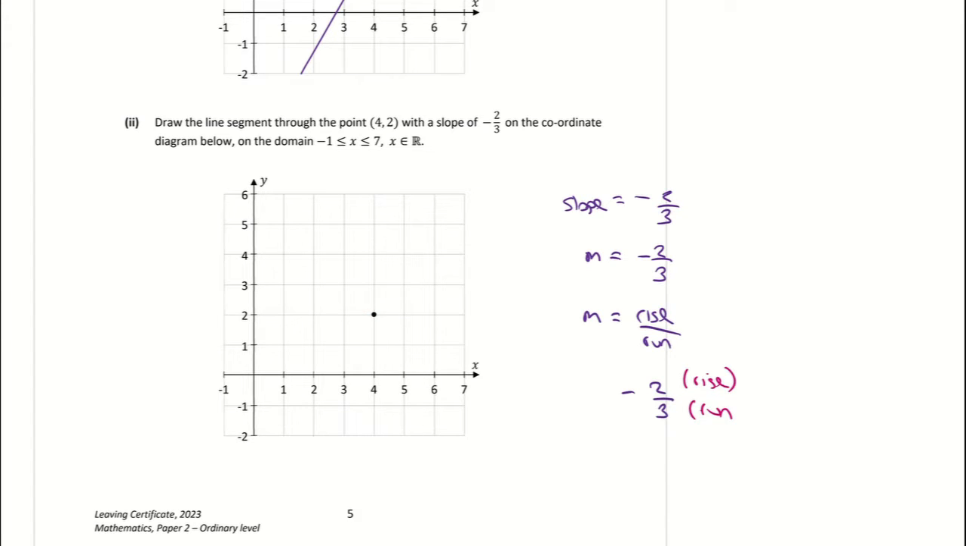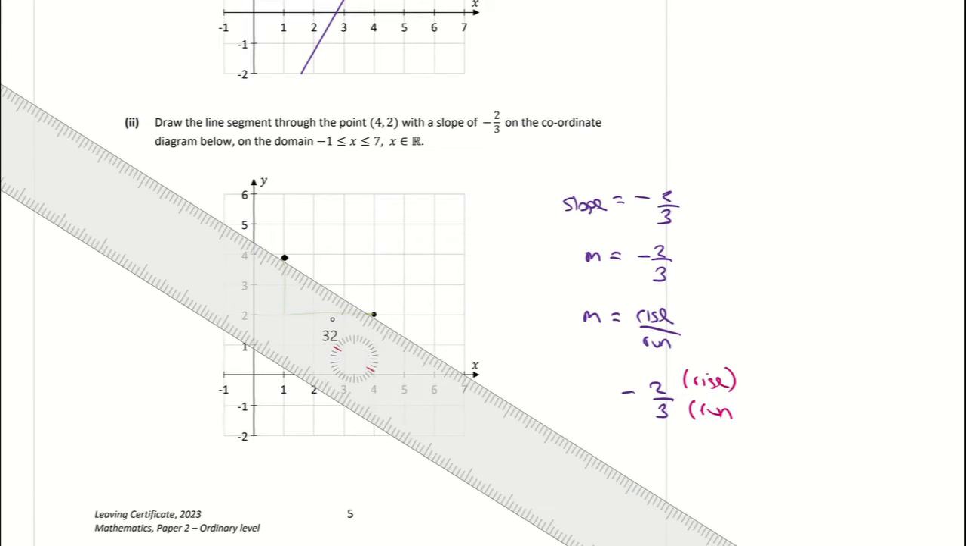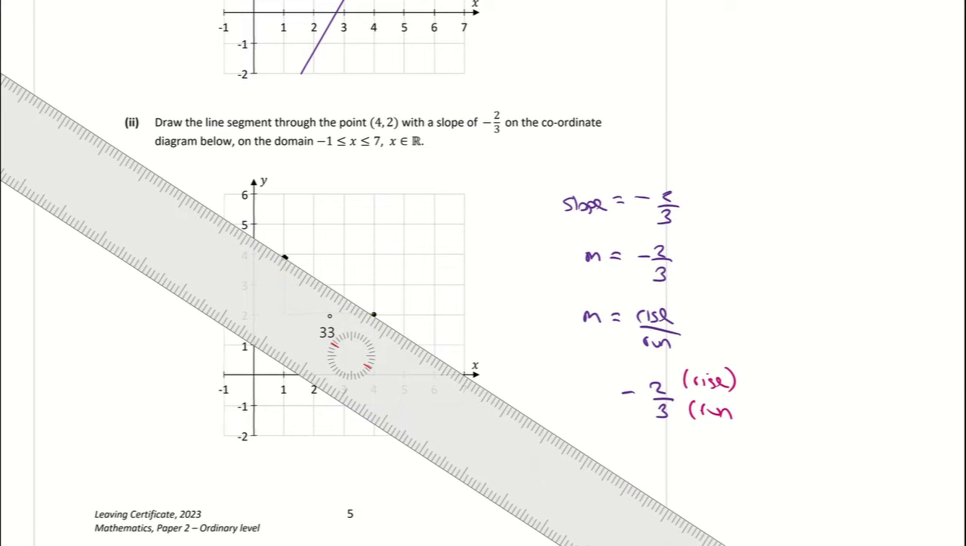I'm just going to go back for a change. So I'm going to go back 3, or my run. That's bringing me to here. And I'm going to go up 2, because that's my rise. So I'm going to put a point here. Now you should notice that the question gave us negative 2 over 3, so that means it's going to be a negative slope, so my line should be going down, which it is. When I flip my ruler, my line is going this way. So if I draw the line,